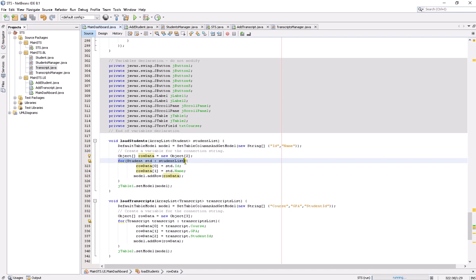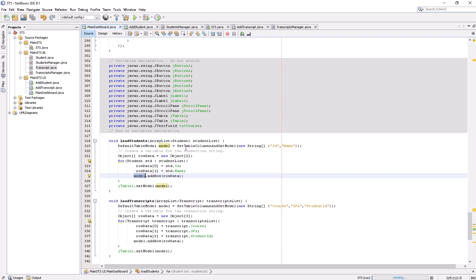There is an advanced version of the for loop, which is for each. What I'm doing here is that I have got that list, and the list contains a list of students. I say: pick them one by one, Student std in this list. On the first time it will get the first list object, and then student.id is stored at column 0 in the row data, and in column 1 I put the name of that object, and then add this row to the model.